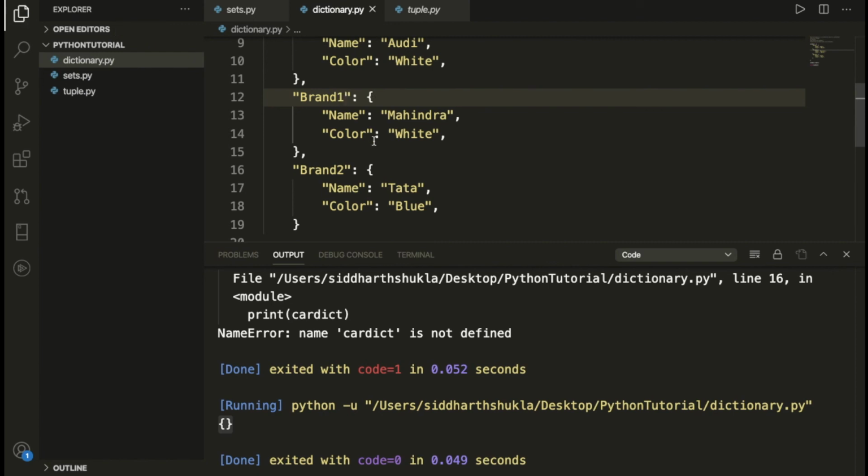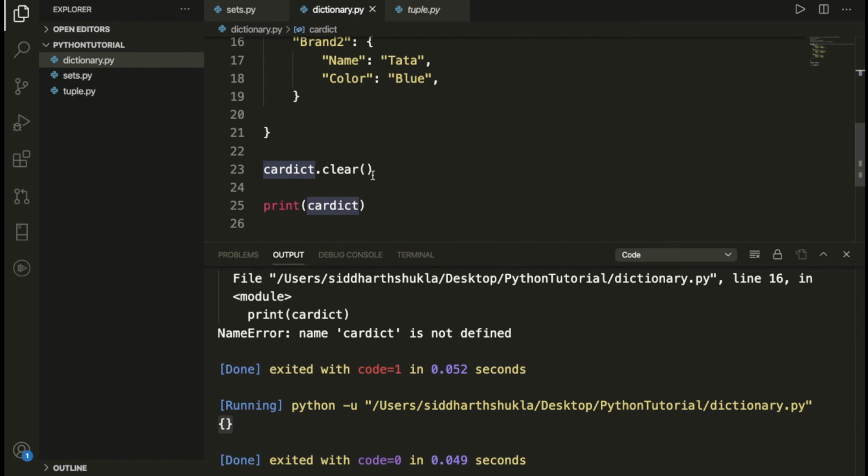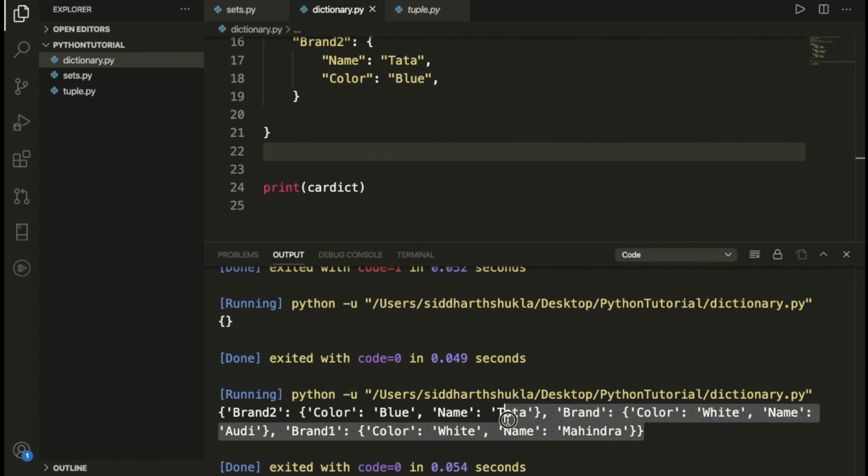Then execute that program. I'm going to remove this one. Let me execute that program. Yes, we are getting the particular values here. So we can contain dictionaries inside a dictionary. How many dictionaries do we have? 3. So you can use multiple dictionaries as per your choice. Hope this is clear.